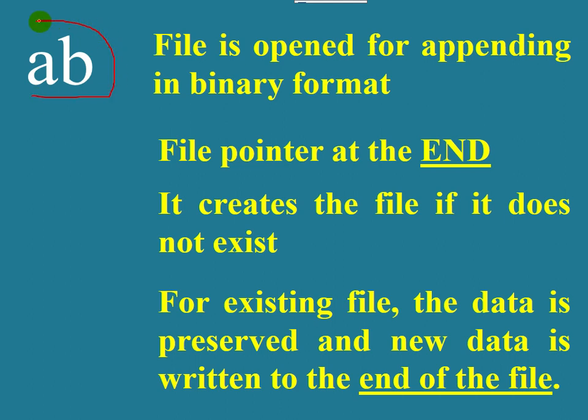Now what is the meaning of file mode AB? A means writing purpose, so the file is opened for writing purpose, and B means it's a binary file. What is a binary file? A binary file contains custom binary data. What do you mean by custom binary data? If you write a list to a file, if you write an integer to a file, if you write a dictionary to a file, the file should be opened in binary mode because it contains custom binary data.